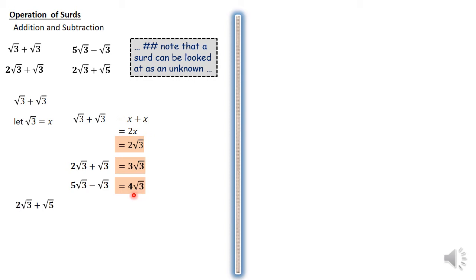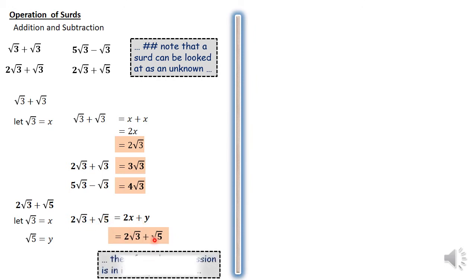What about the last question, which is a little different? We have 2 root 3 plus root 5. If we let root 3 be x and root 5 be y, therefore we're talking about 2 root 3 plus root 5 being 2x plus y. And you see, 2x plus y, since we don't know what x and y are, that expression is the best way it can be. And that means this remains as it is. And I need to conclude by saying the expression, this one here, is in its simplest form. The reason is we're talking about 2 different surds, root 3 and root 5, which cannot be combined by addition